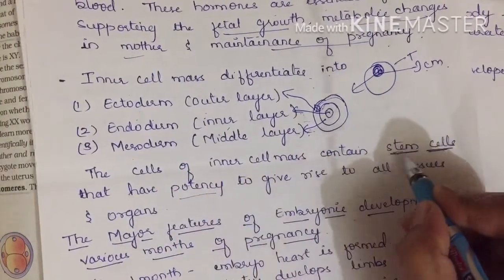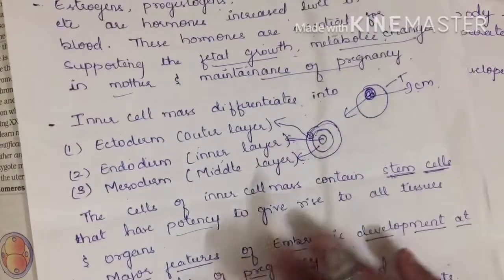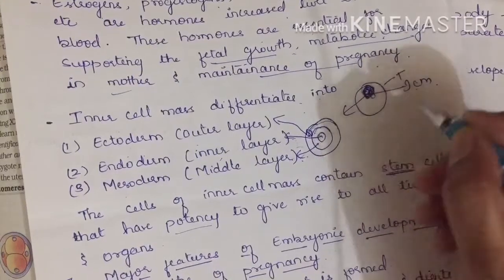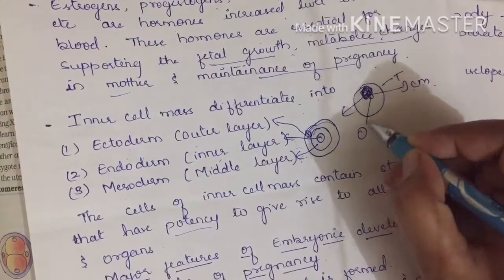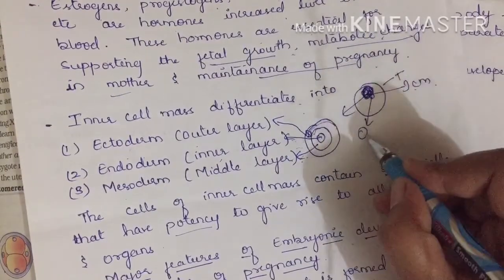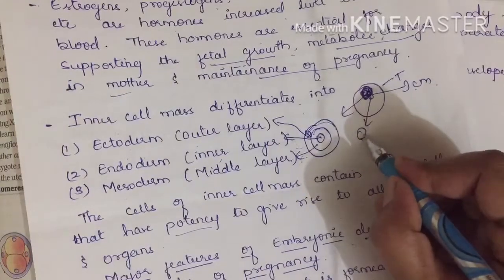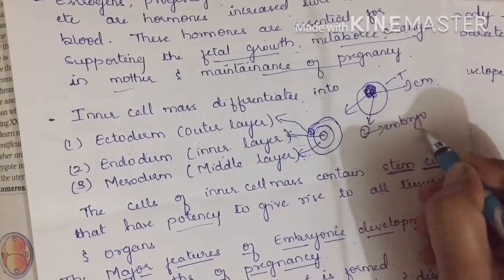Stem cells are those cells which have the potency to give rise to any of the cells. For example, this is the inner cell mass. It consists of many cells. If I take out one cell from it, I have removed one cell from the inner cell mass and I can stimulate it by providing required conditions. If I can make this one cell grow